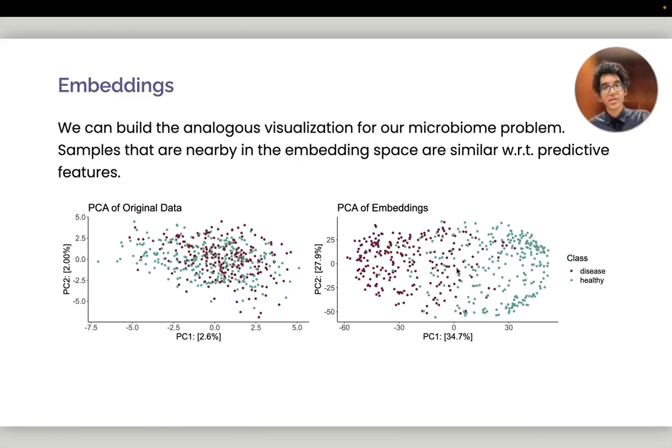Okay, so here is showing that same kind of embedding idea for that microbiome example that I just explained. The thing that really pops out is that if you do the original PCA on the original data, there's a little bit of a difference between the disease and healthy groups, but it's quite hard to see. While if you do the analogous representation on the embedding space, there's much clearer separation. This makes sense because the transformer has been trained to optimize the difference between these classes. You also notice there's a big difference in the variance explained.